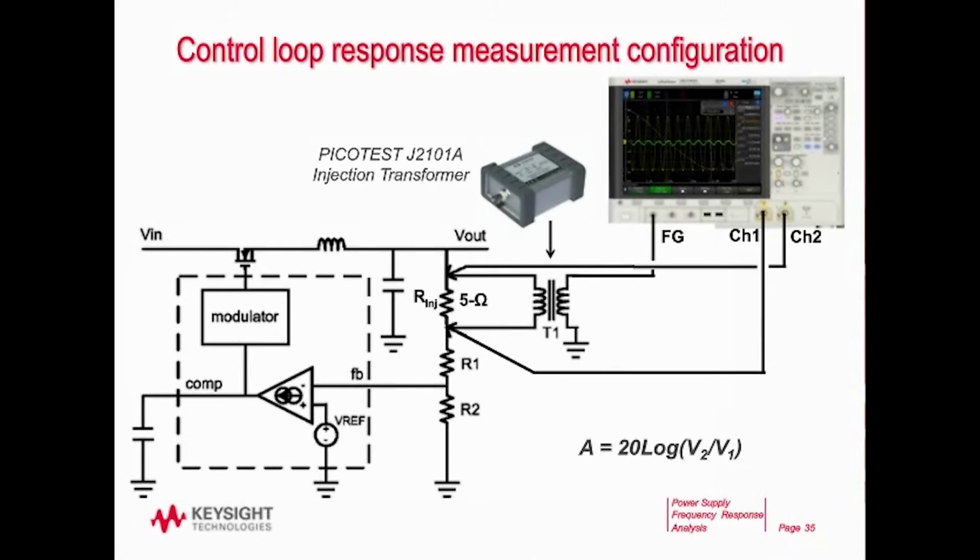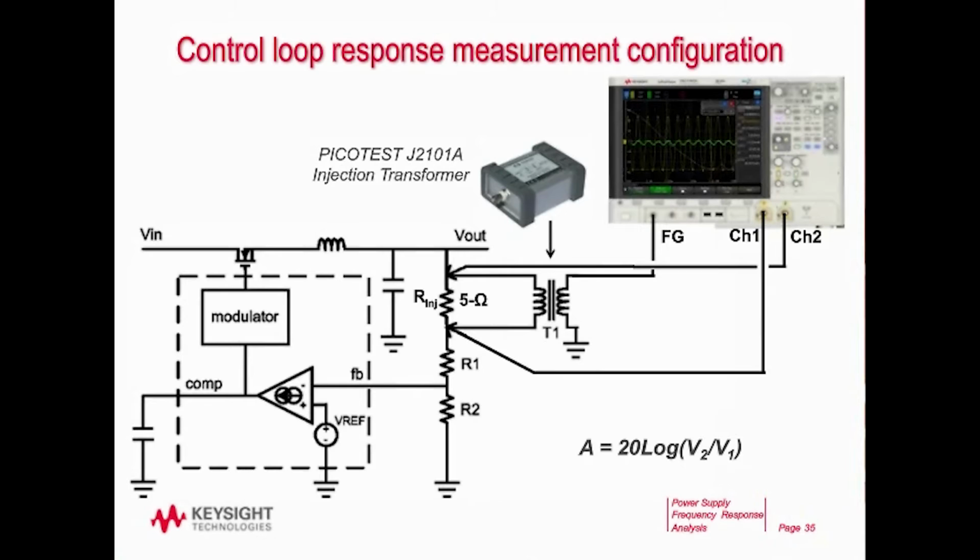injection resistor in it. Now, across that 5 ohm injection resistor, you want to generate a differential voltage, very low level voltage, in order to force current to flow through that resistor and modulate that feedback network. You can't directly connect the network analyzer, or unless it's isolated, you can't connect a function generator directly across those resistors. If you do, you'll ground one of those points. It must be floating. Therefore, you have to use another accessory, in this case an injection transformer or an isolation transformer. In the test I'll show in a few minutes, I'm going to use a PicoTest